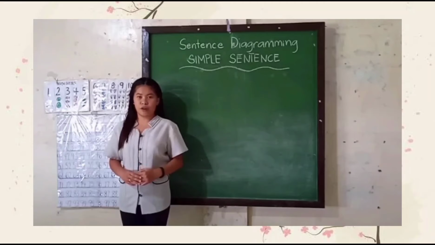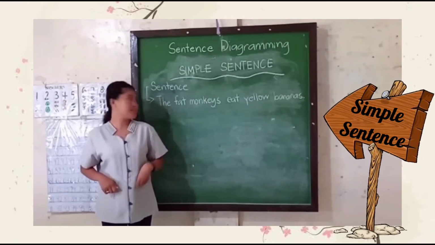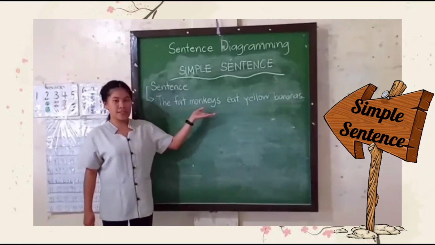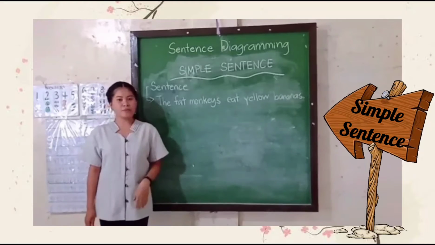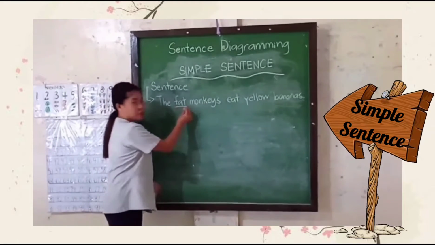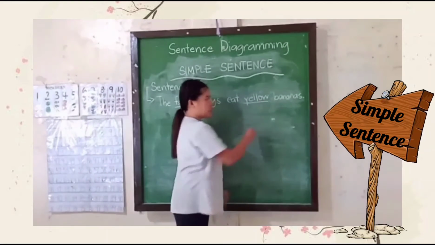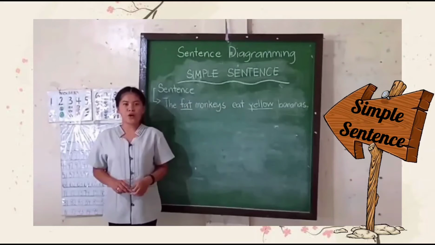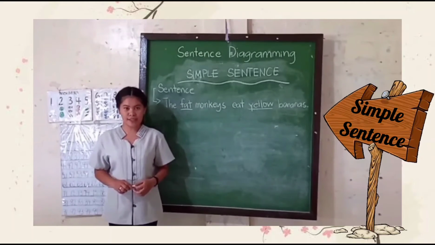the words they modify. The first example of a simple sentence is: the fat monkeys eat yellow bananas. In this sentence, the fat monkeys eat yellow bananas. The and fat describe the monkeys and yellow describes the bananas. Going back to our initial steps, we pull out the subject, monkeys